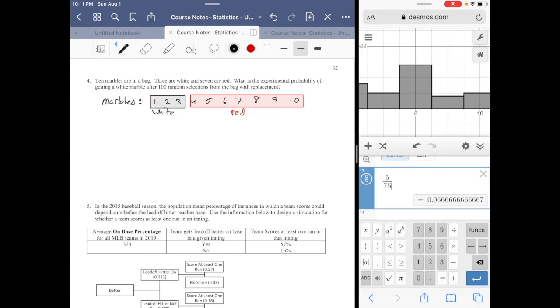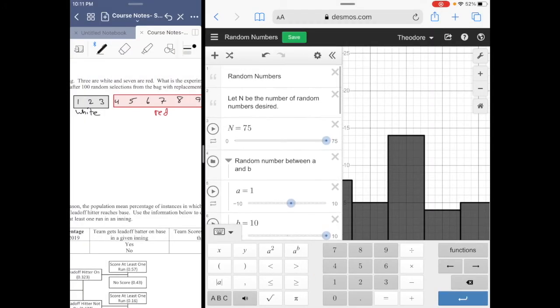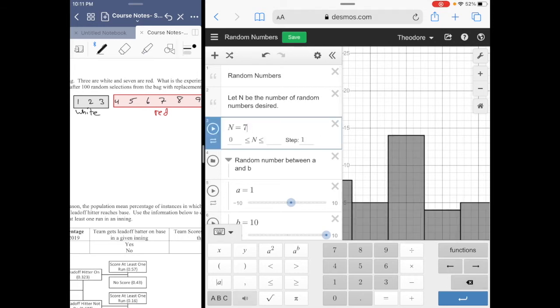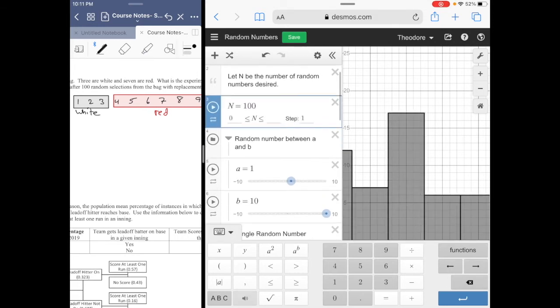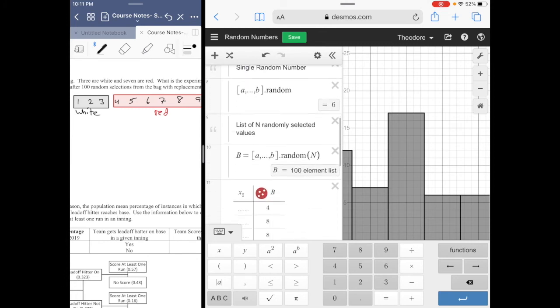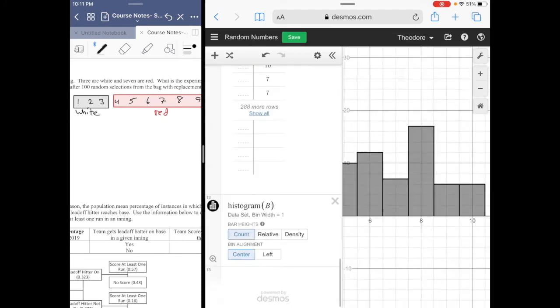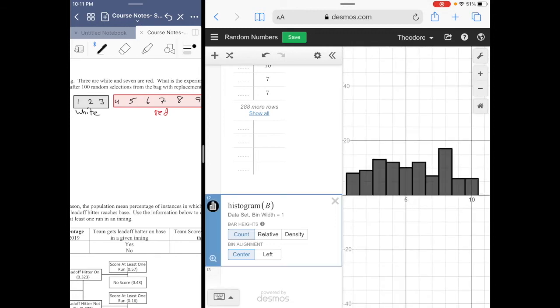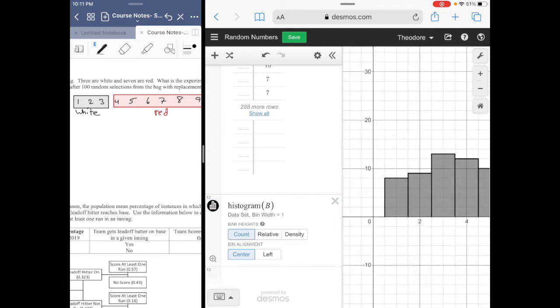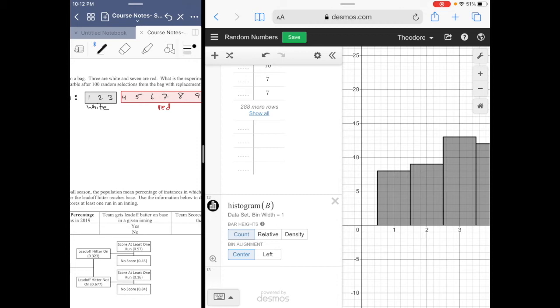All right. Experimental probability of getting a white marble after 100 random selections. All right. So same idea. In fact, we could use the same data set because all we'd have to do is manipulate this so that it would go to 100, but it's still from 1 to 10, and we're still really just kind of looking at the height of the bars. All right, so there's not much adjustment that needs to be made. All right, so if I want white, I'm looking for the sum total of the first 3 bars. All right, so the probability of getting white